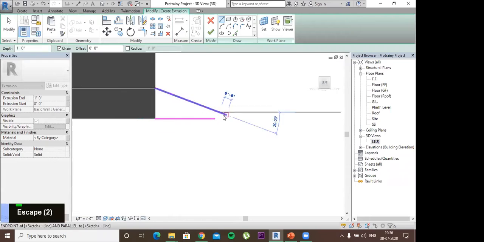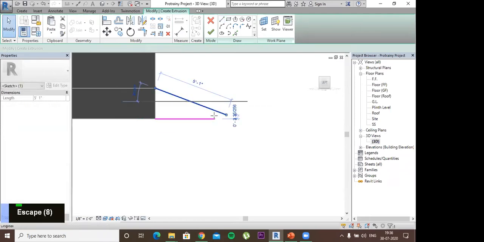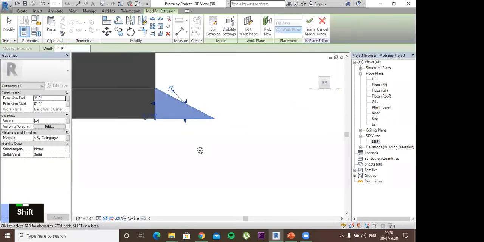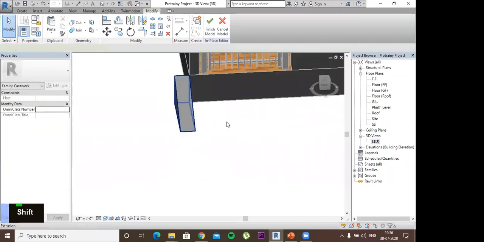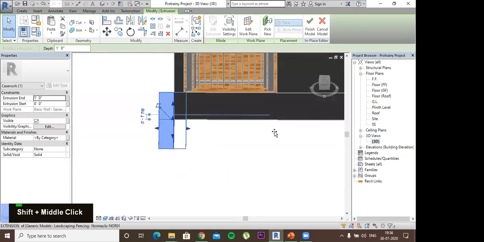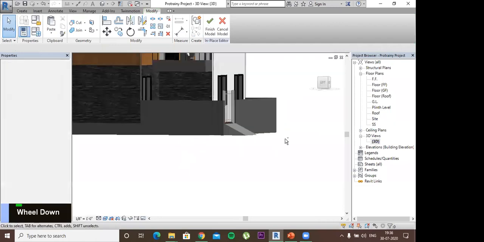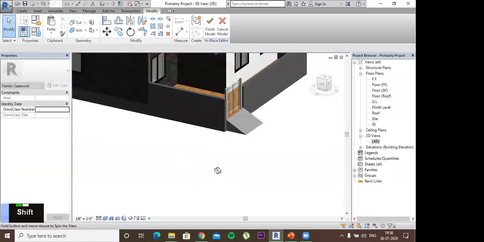We adjust the size of this line, and we can close it like this and select right, and then a ramp is created. We just have to make it as wide as our door, and that's pretty much it. Now we can park our cars. Okay,